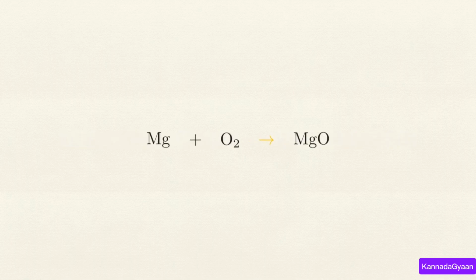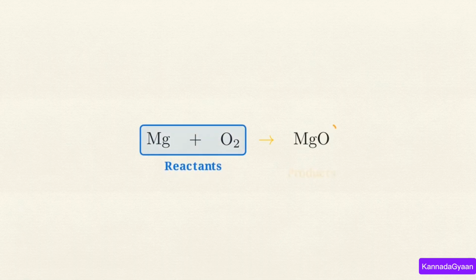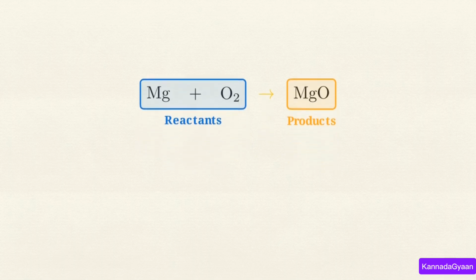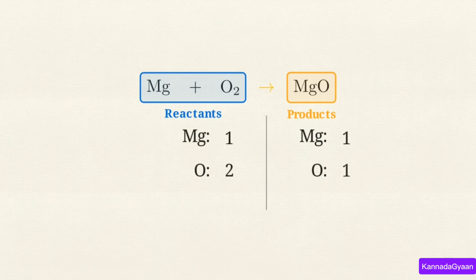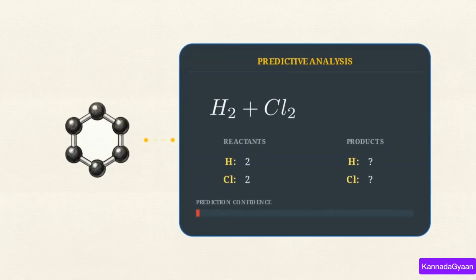This diagram shows the structural layout of a chemical equation. The starting materials, what we call the reactants, sit strictly on the left. The newly formed substances, the products, sit on the right. The center arrow dictates the specific direction of the transformation. Assigning chemical symbols to each element replaces descriptive text with data. This allows us to track exactly how many atoms are participating in a reaction at any given moment. This symbolic structure gives us the exact analytical tool required to predict how different forms of matter will interact and